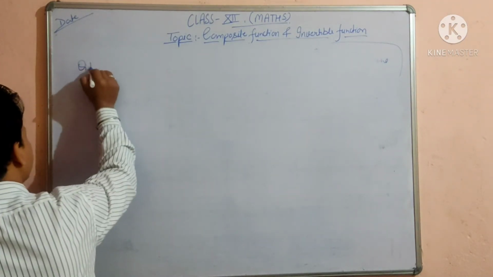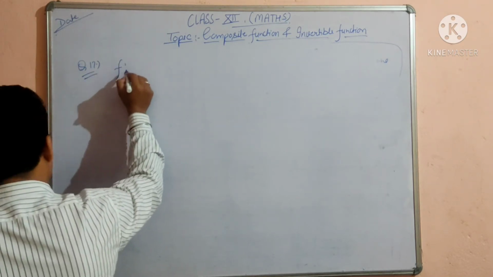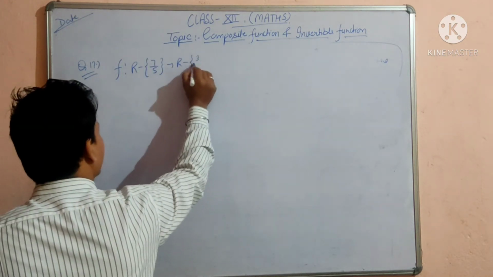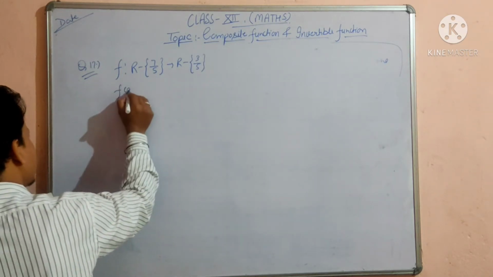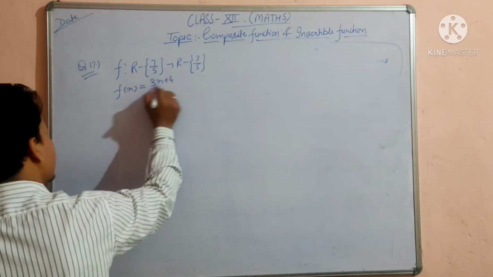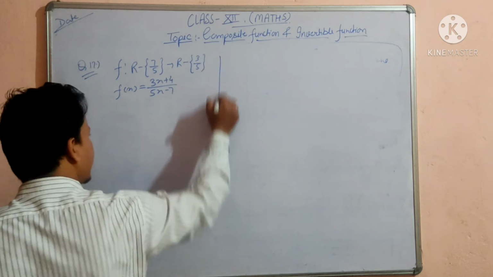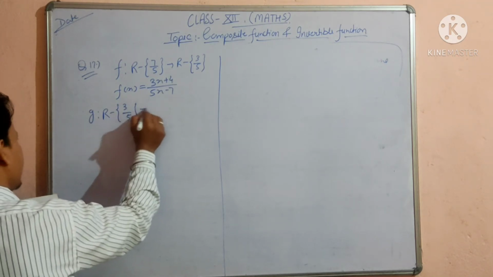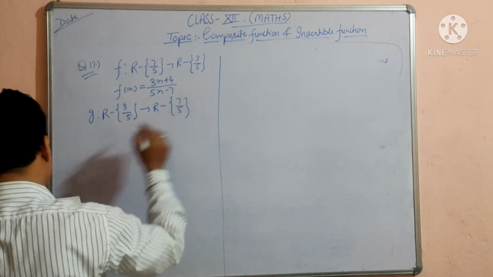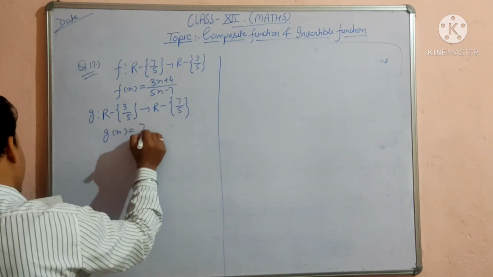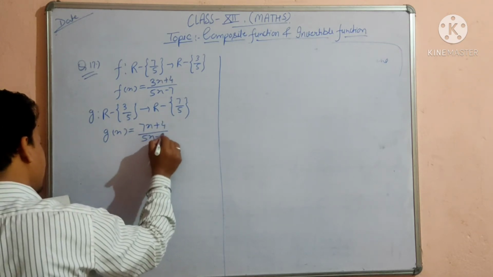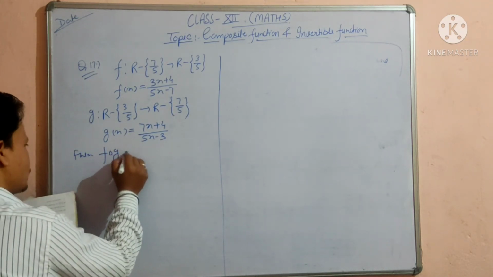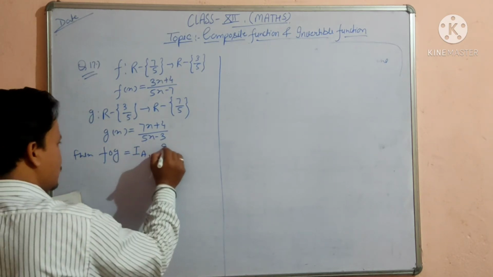A function f from R minus 7 upon 5 to R minus 3 upon 5 is defined by f(x) equal to 3x plus 4 upon 5x minus 7, and another function g from R minus 3 upon 5 to R minus 7 upon 5 is defined by g(x) equal to 7x plus 4 upon 5x minus 3. Then FOG is equal to IA,